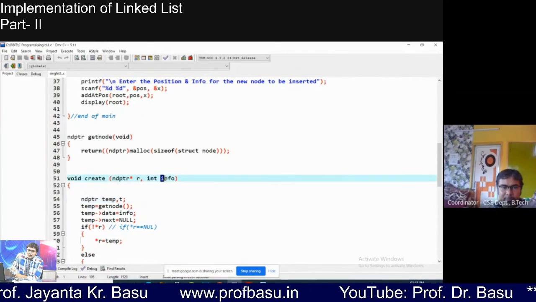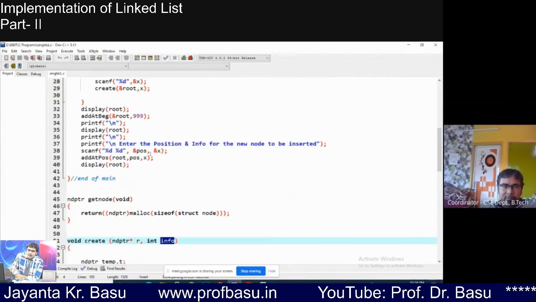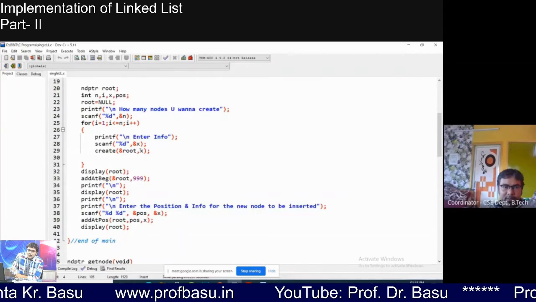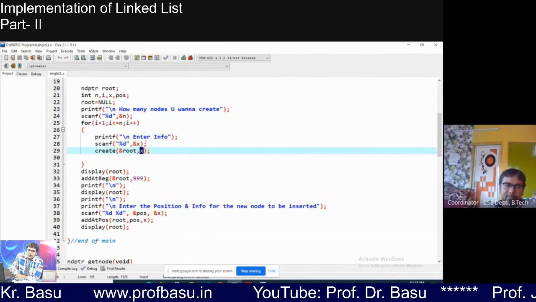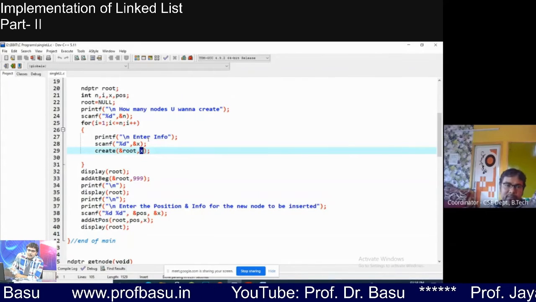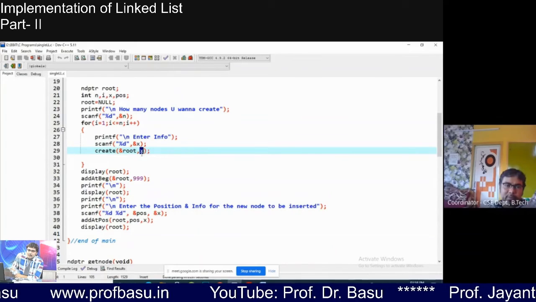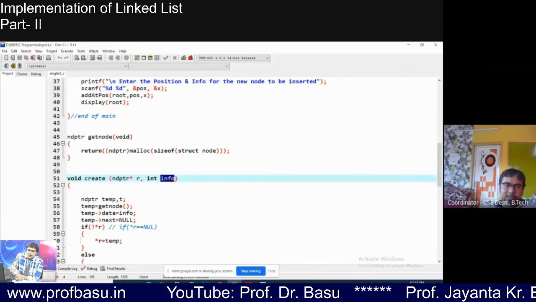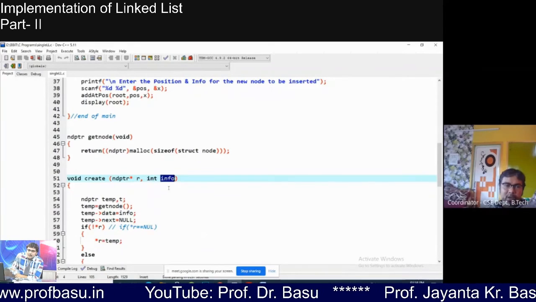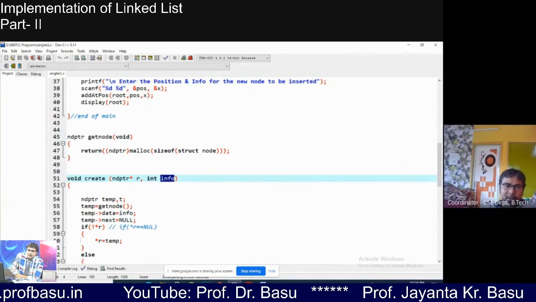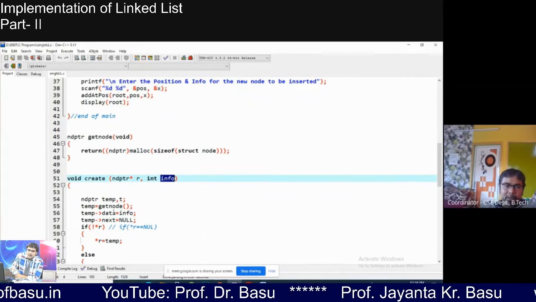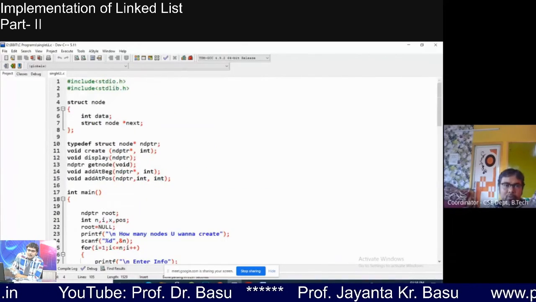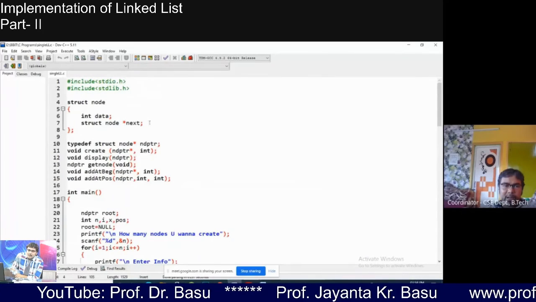I have to put the data I got by X in our program into info. X has the value which the user has entered. So I'm passing the value of X, and here info is a variable which is catching that data. So I have to assign the data part to temp arrow data, because the node has two components, data and next.